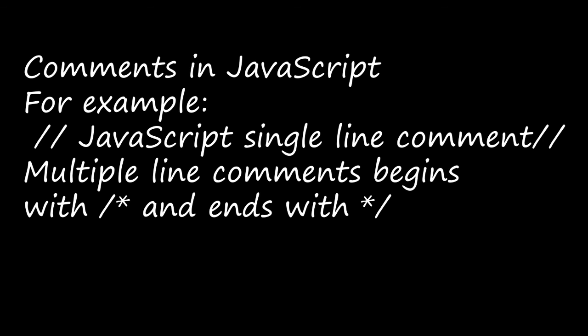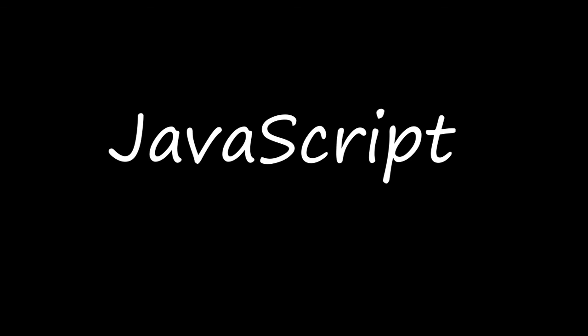So that's all we have seen in this chapter about JavaScript, right? Here we have seen JavaScript pop-up or dialog boxes: the alert dialog box, confirm dialog box, and prompt dialog box, and we have seen comments also. Before that, we have seen operators: arithmetic operator, assignment operator, relational or comparison operator, logical operator, string operators, increment and decrement operators, unary plus and minus operator, typeof operator, and conditional operators, right?